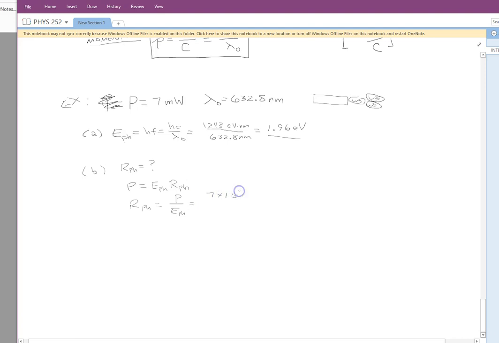7 times 10 to the minus 3 watts. And I'll divide by the energy of the photon, 1.96 eV. Uh-oh, anybody see a problem? I see a problem. If we just calculate that, we're going to get the wrong value because the watt, remember,